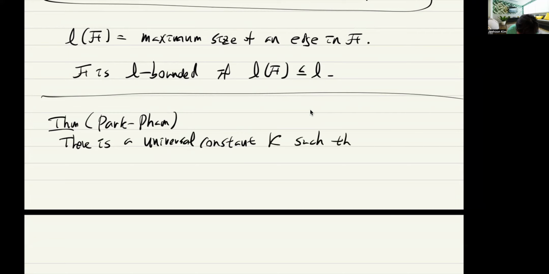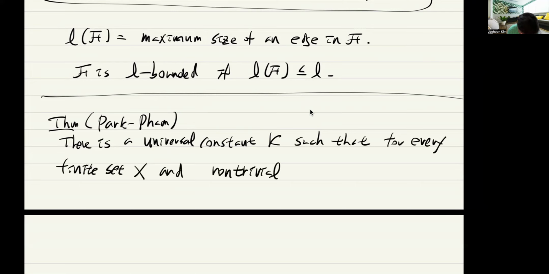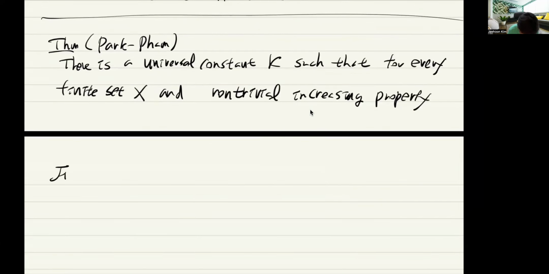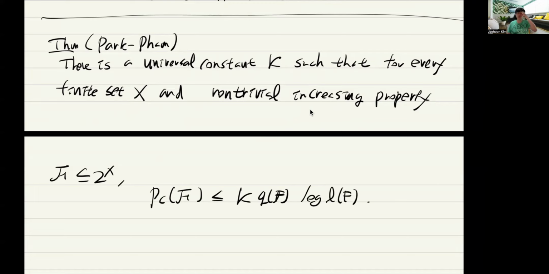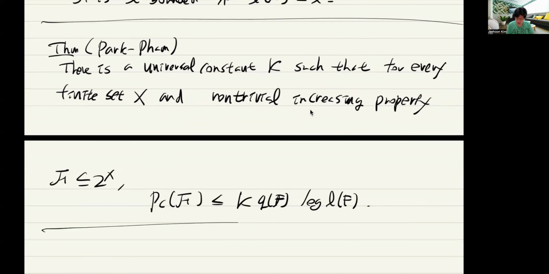For every finite set X and non-trivial increasing property F, the threshold is at most K times the expectation threshold times the log of the largest size of the edge. Okay, so we will prove it in the next